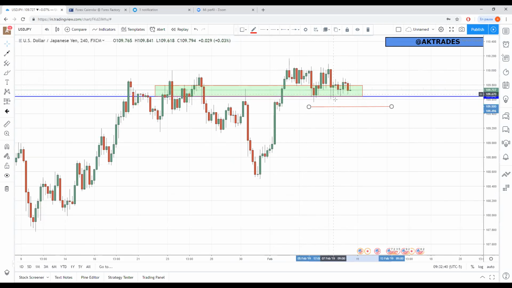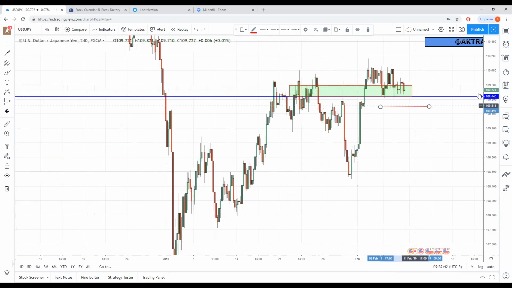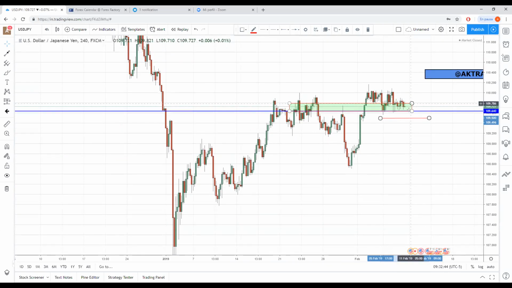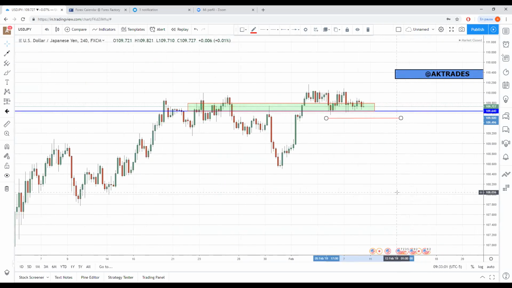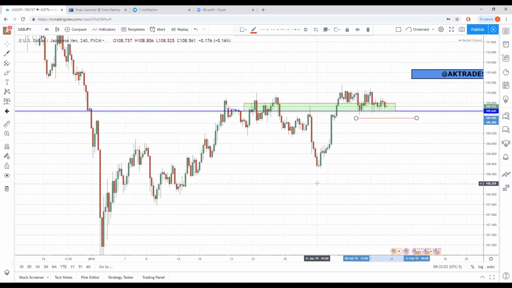If this clears, I definitely love the short, and it's a good profit because I want at least around 108.50, and then the net profit would be around 107.83. But we have to wait and see how this develops early in the week. Moving on,